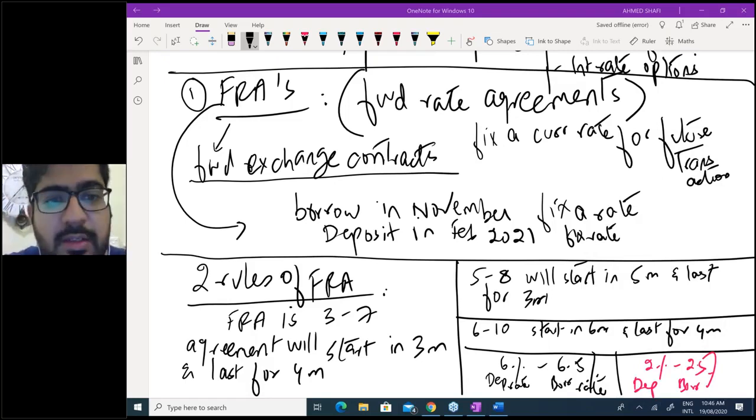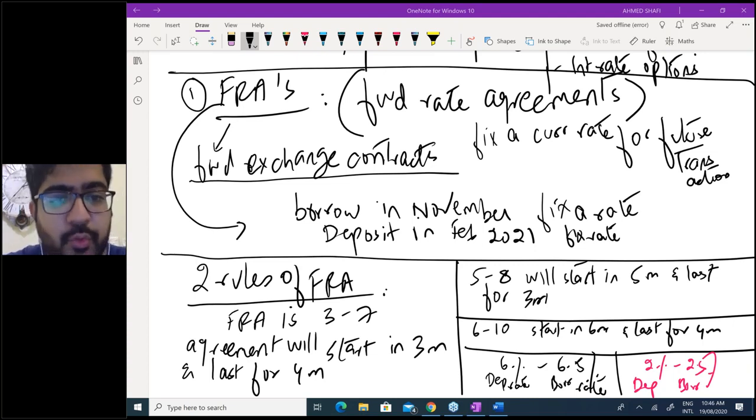Let's suppose the lower is the borrowing rate and the higher is the deposit rate. A person would go to the bank, borrow at the lower rate, and deposit to the bank at the higher rate and start making money. That can't be the case. So that's why lower is always the deposit one and higher is always the borrowing.